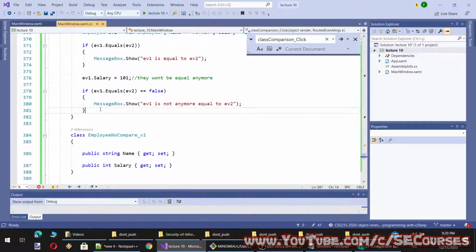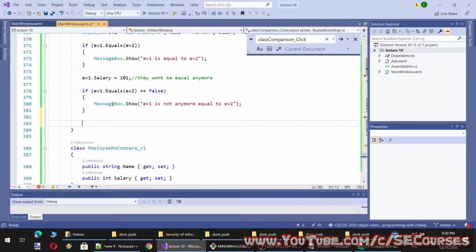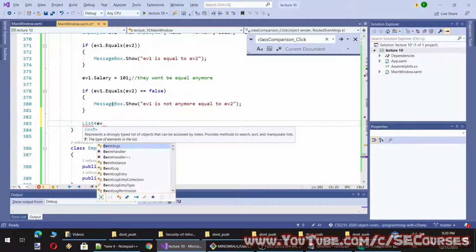Now I will show you the IComparable method. This will be a good example. So I am going to define a list based on the type of Employee.